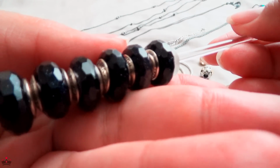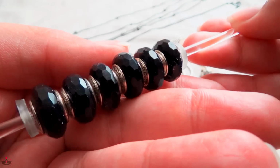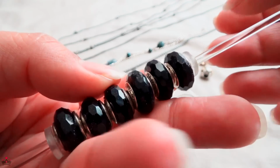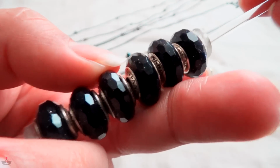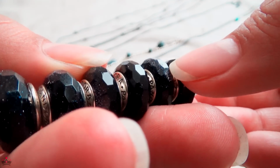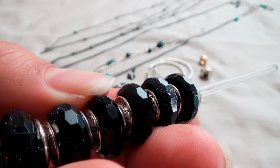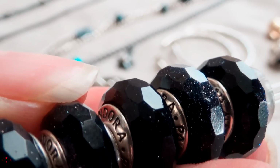But if you don't know the story, these had manufacturing issues, which is why they did not really make it clear across the nation. Some of the glitter wasn't evenly distributed around the entire bead. Some had little tiny, I don't know if you can see it, right? No, right there. See that right there? Right here. Try to zoom in. Hopefully it won't mess up. See that right there? It had a